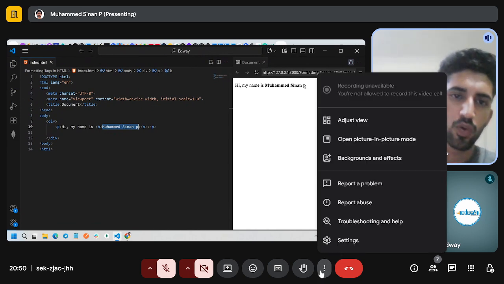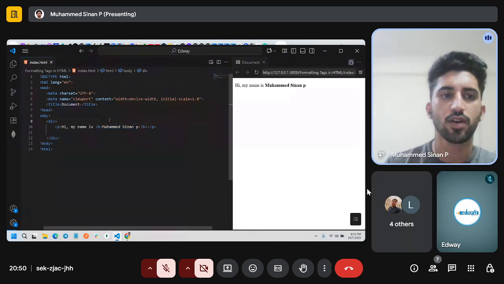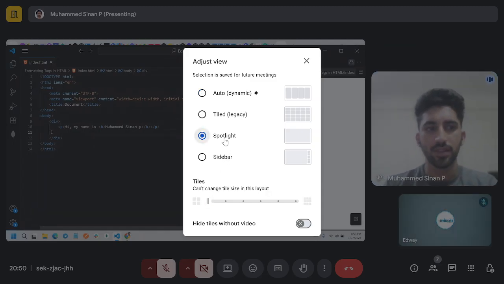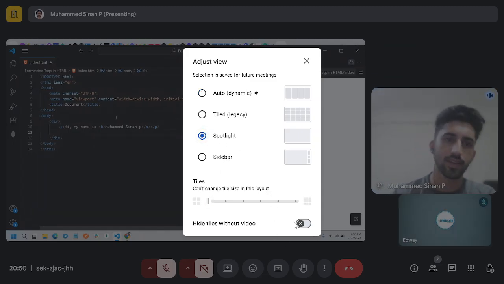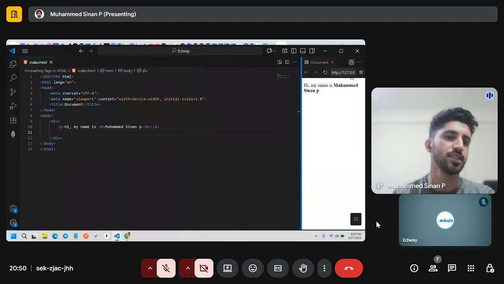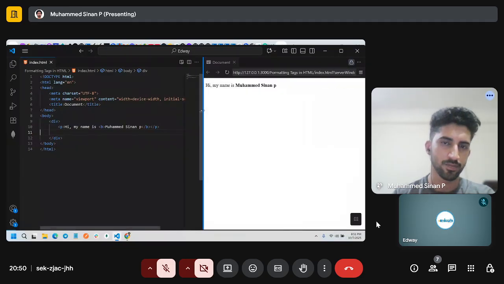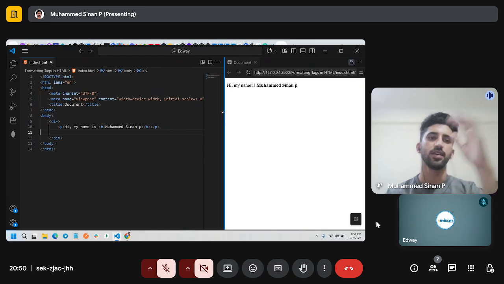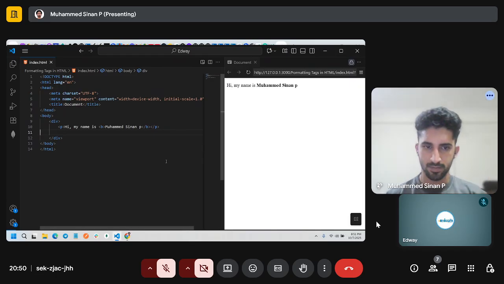But when you are looking at the code, the person who writes the code can easily understand, without looking at the web page, that this Mohammed Sinan P is bold because we have given the formatting tag of bold. So you don't need to analyze all the CSS part.